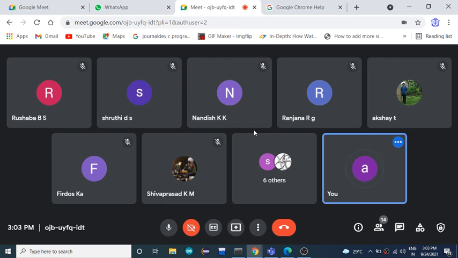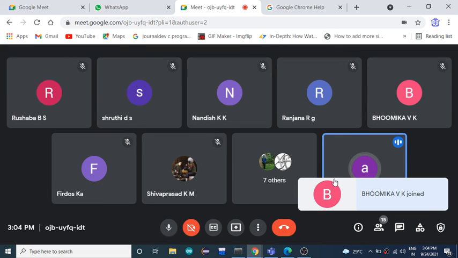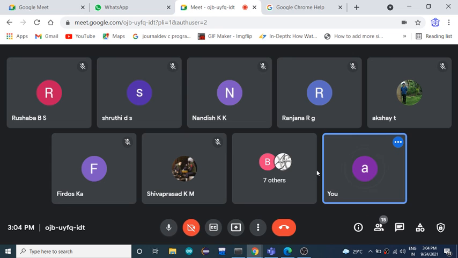Firdos, tell me, how can I change the image color? Ranjana, tell me, how can you change the image color?